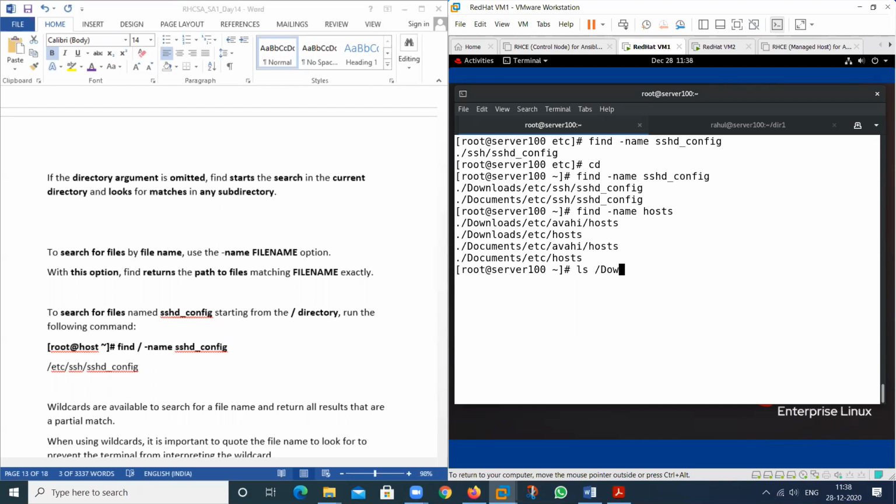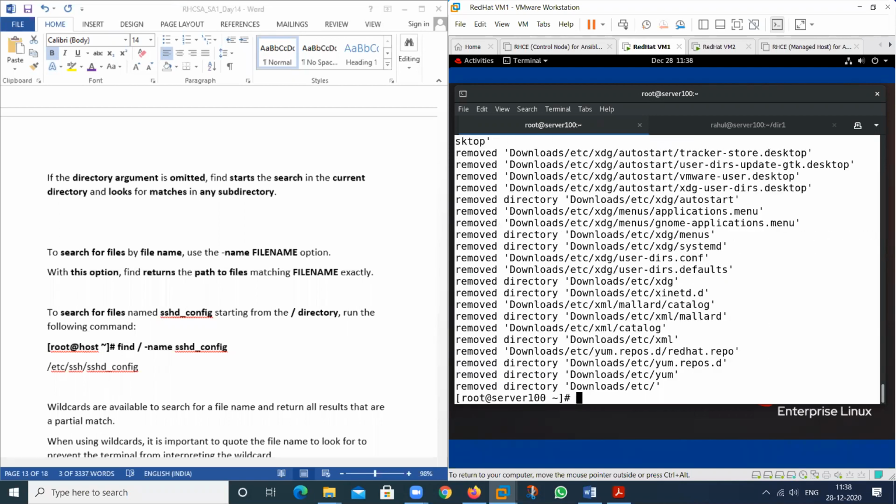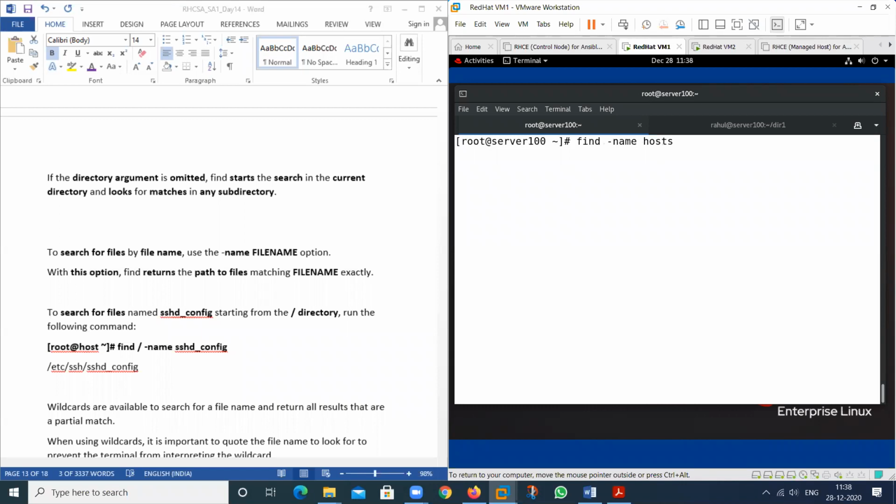What is in Download? Okay, we have a folder that is related to etc. So it will search all the files in that particular location. If I remove this one from Download, and remove this particular folder with rm -rvf, then see the result again. So it will not provide the location.